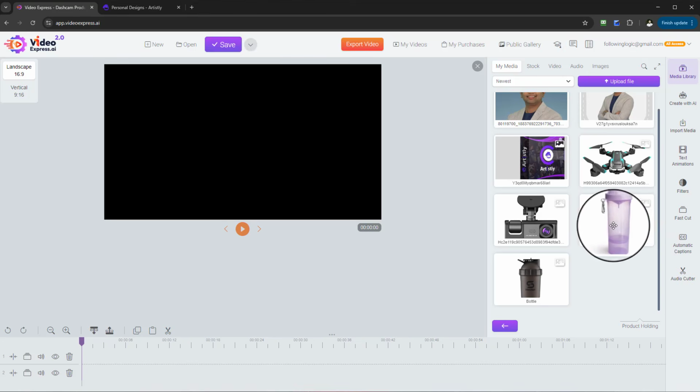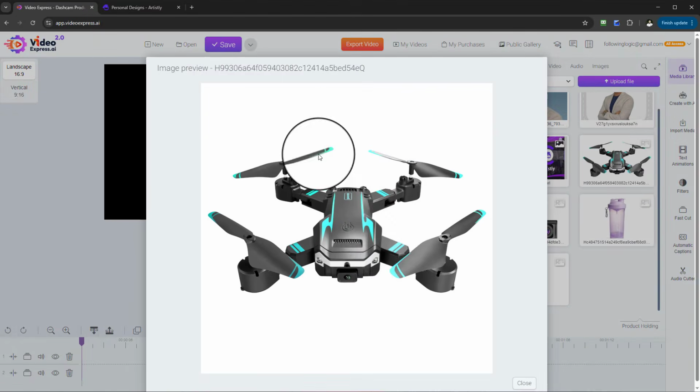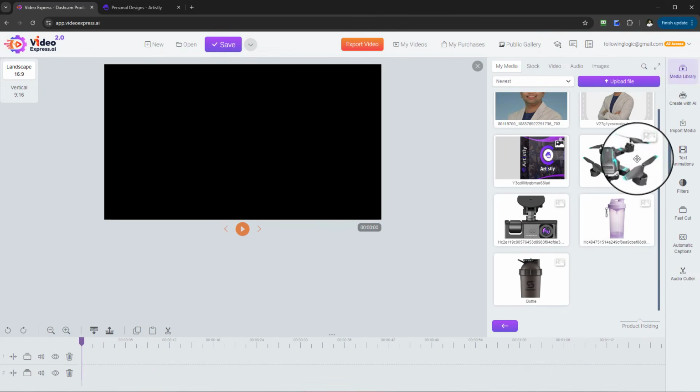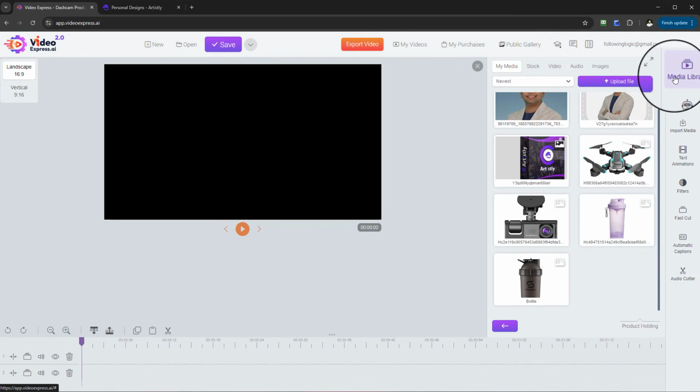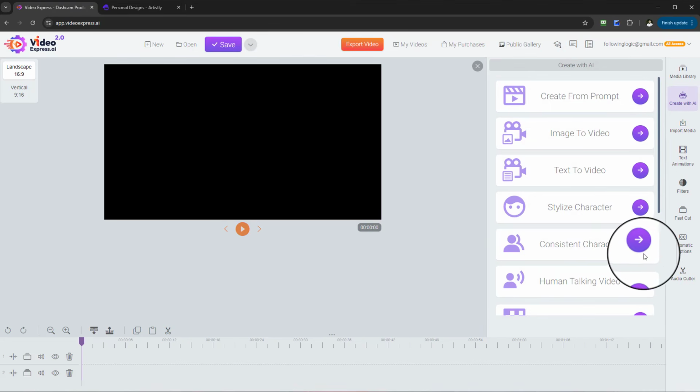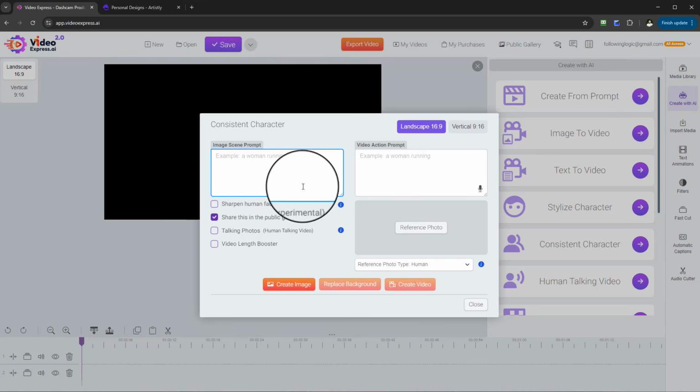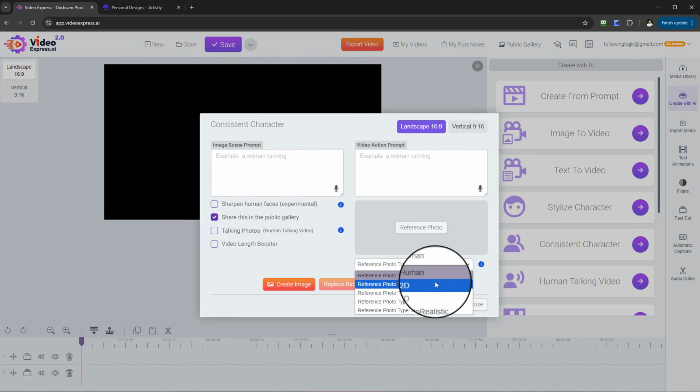Secondly, there's another gym bottle, and there's a drone. Okay, and these are some of the elements that I can use. So you can have things nice and organized. Now, if I return back to create with AI and I select consistent character, now first I want to select